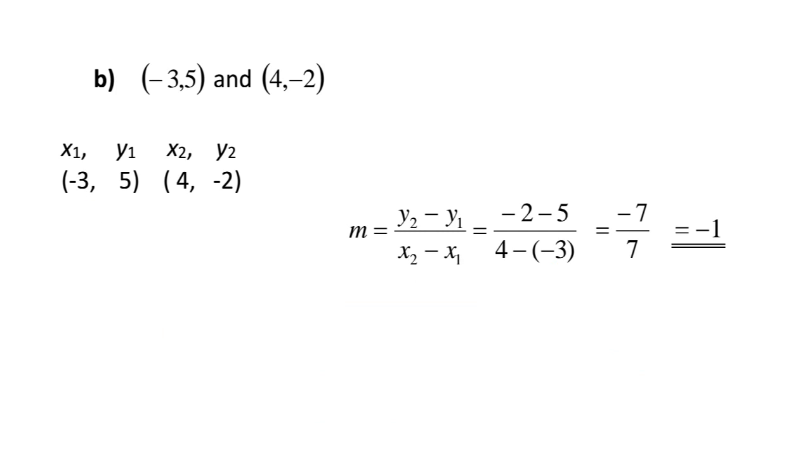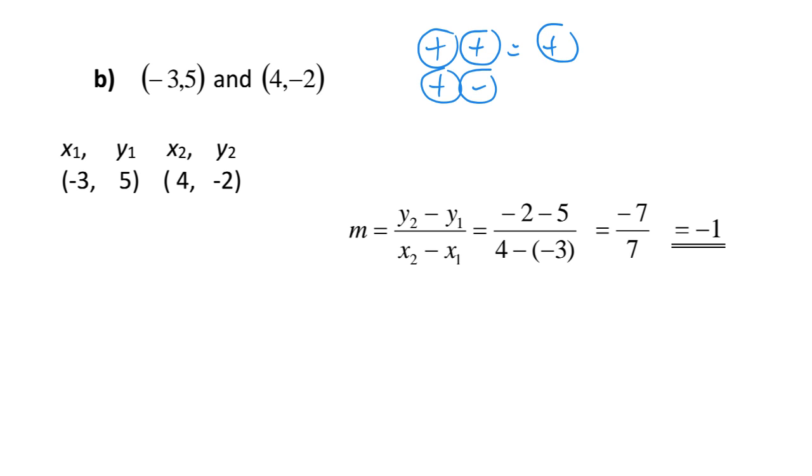Example B, very similar process, so I won't go through the highlighting and the labeling. I will maybe just show that we've input the values. Now, the reason I want to show the second example is we're going to encounter double negatives. So we need to remember from our integers rules that a positive and a positive will give us a positive